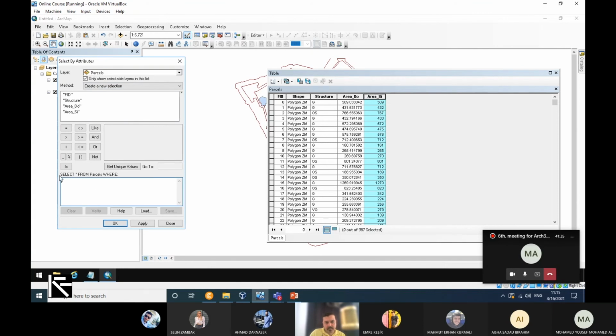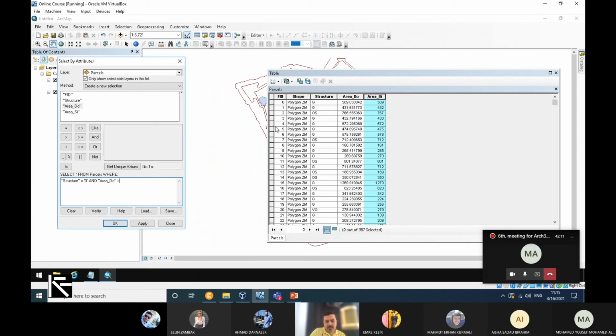My syntax is select everything from parcel where my condition is structure equals, if you remember, I said, good parcel. And I have another condition, which is my area, I choose the area double, bigger than